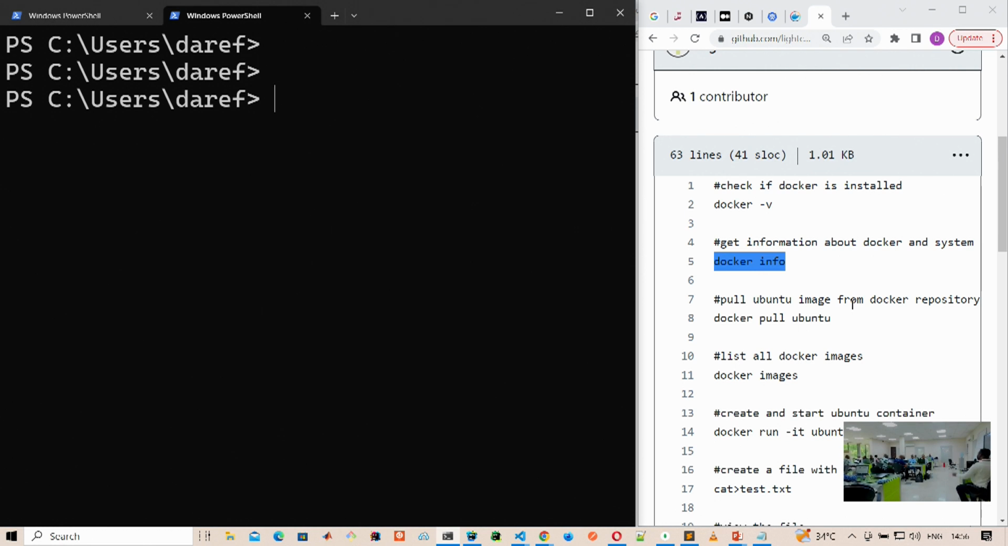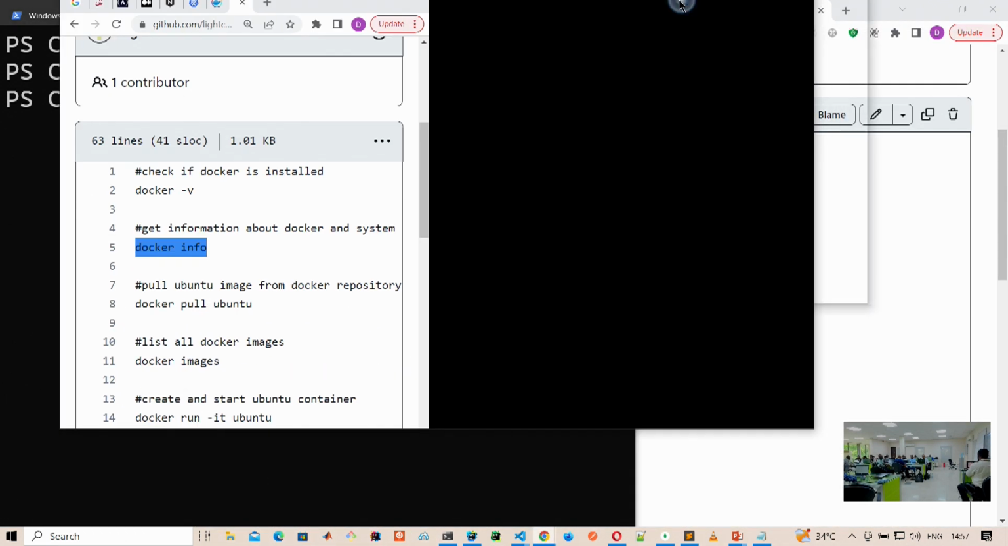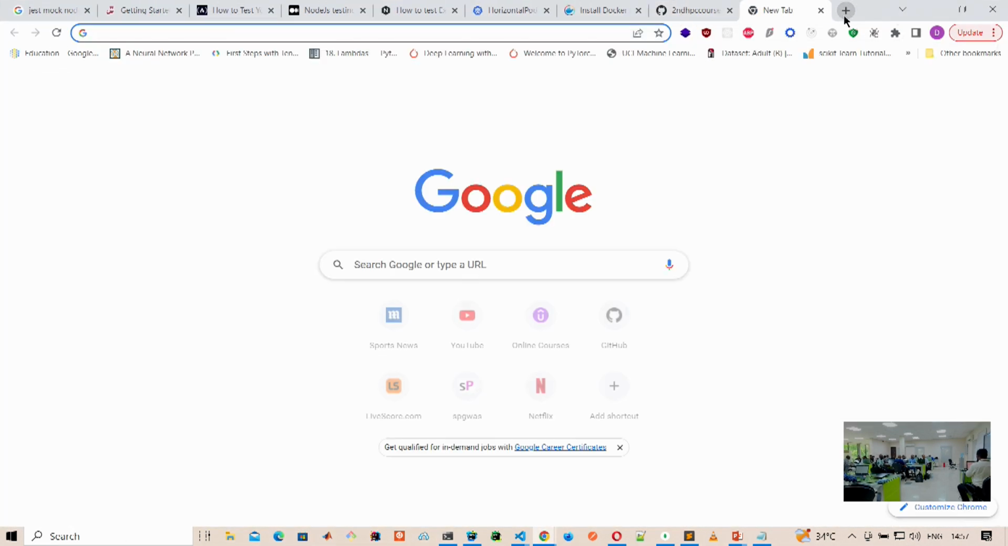So as I was saying, we need images on our system to create the containers. So we don't have the images on our system. So what we do is go to the repository. So let me even go to the repository so that you can see. So the repository is